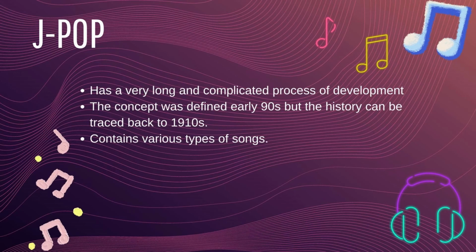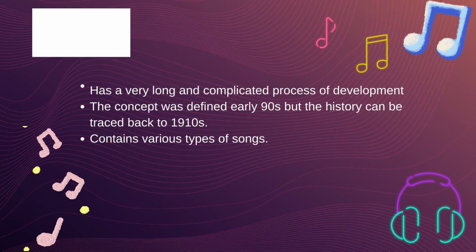After that, a lot of people were inspired and started a covering trend. They started translating Western songs into Japanese and covering them. However, some of them were inspired to write their own original lyrics. By then, J-pop had already found its place. Year by year, many different new kinds of music became popular in certain generations, such as rock, folk, city pop, hip hop, R&B, including idols. Those kinds of music kept affecting the trend and shaping the definition of J-pop music until it became the one we're enjoying now.